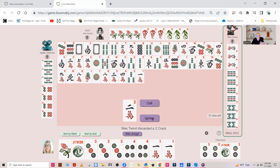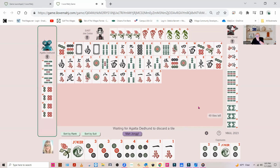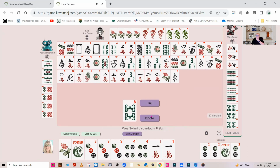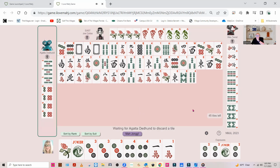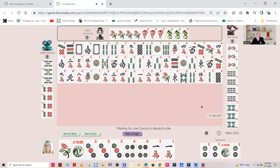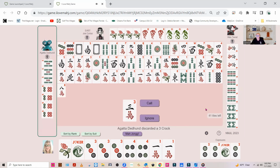And here goes a 2 crack. 5 crack. Flower, oh, there's one flower. Darn. This is gonna be troubling. 8 bam, 4 bam, 5 crack, definitely troubling here. 2 bam. Did we say that it could not be the 2 bam? Yep, could not be the 2 bam. 2 bam, 8 dot, 8 crack, 3 crack,